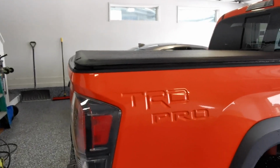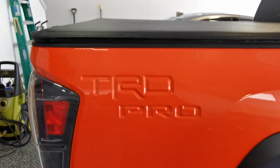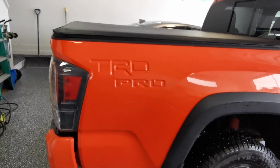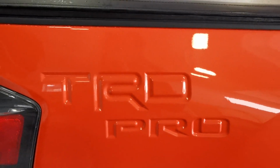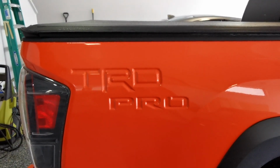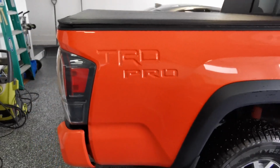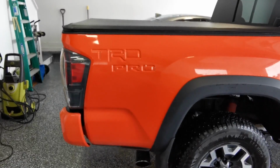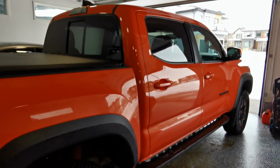So yeah, if you're thinking of buying a 3rd gen TRD Pro in Solar Octane, or the new 4th gen, you can get Solar Octane, I believe, in TRD Sport, TRD Off-Road, and the Pro. But you got to get that Pro color. That's why I got this, right? And I liked it. I liked the brightness of it, and that new Terra color looks pretty cool too. But yeah, I wanted to let you guys know, and when I say guys, I mean all walks of life. If you're thinking of this color and you really haven't seen it in person or haven't lived with it,